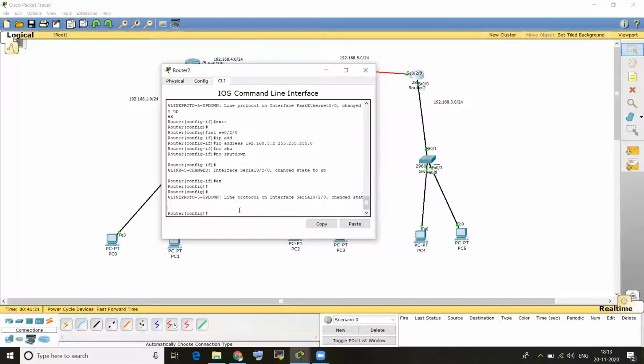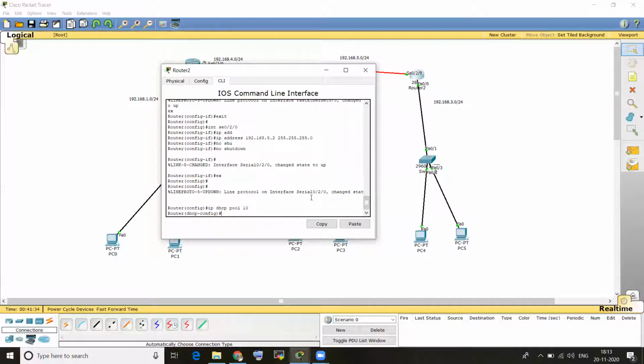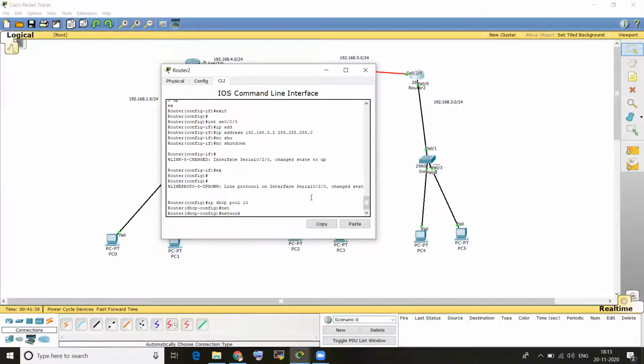Click on the router, ip dhcp pool. Here you can take any name, so I am taking 10. Enter. So which network is it? Network 192.168.3.0, so I am taking that one.